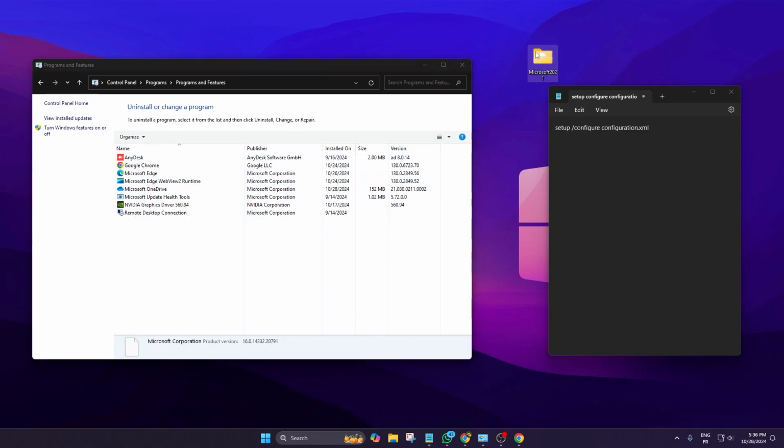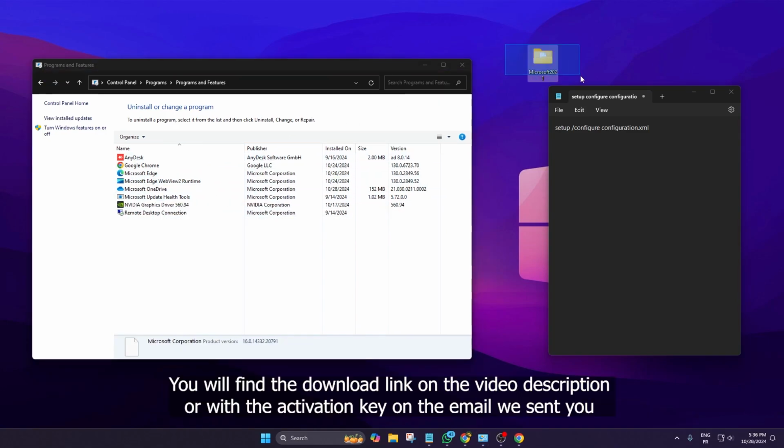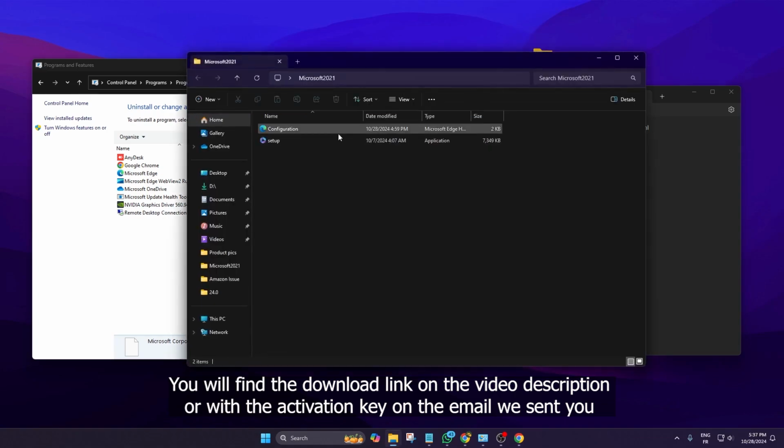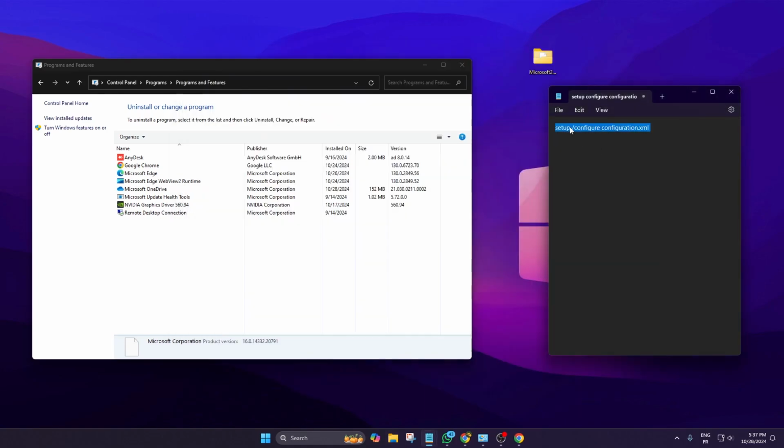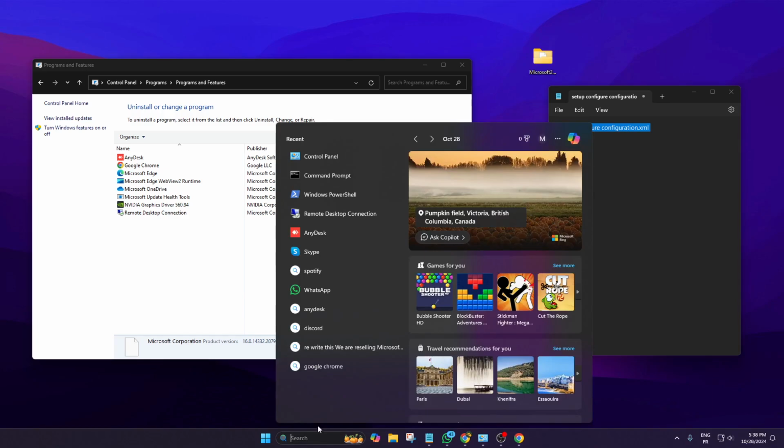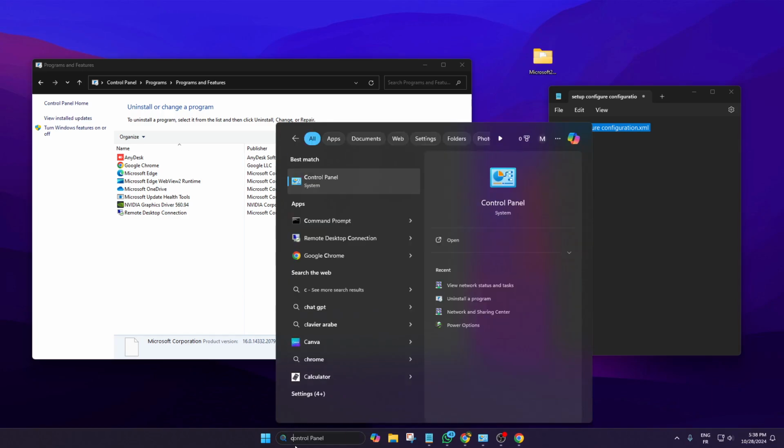To start the downloading, you need this file. I will leave the download link in the video description, or you will receive it via email if you bought from our website. This folder has two files, the setup and the configuration, and you will need this command. To start the installation process, go to the search bar and type CMD,